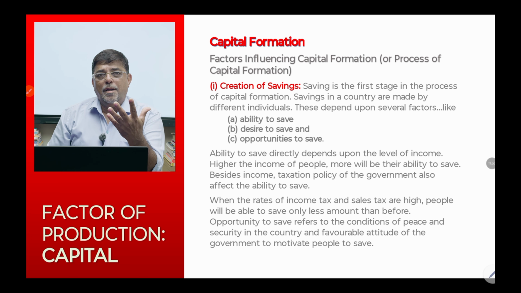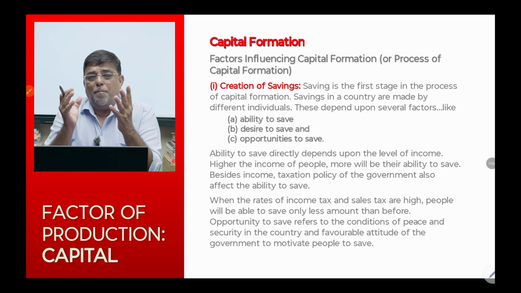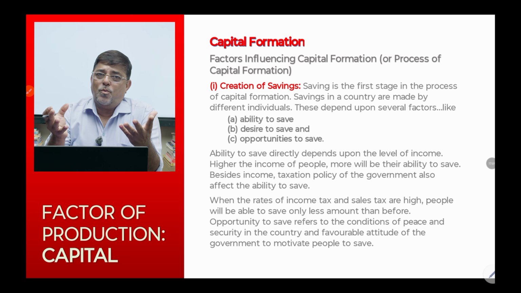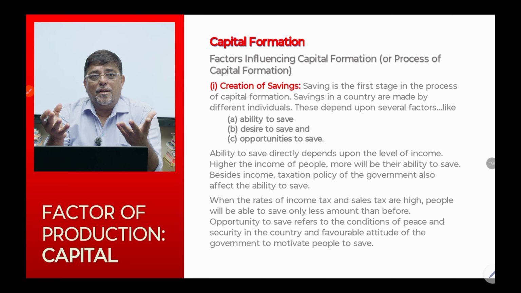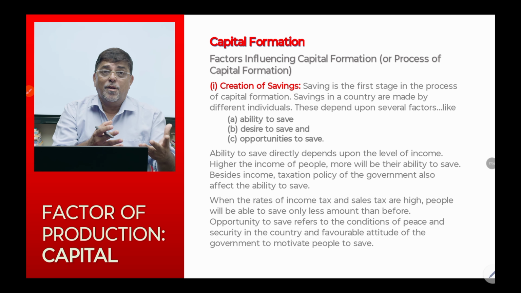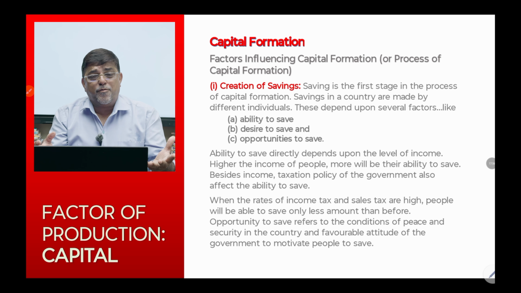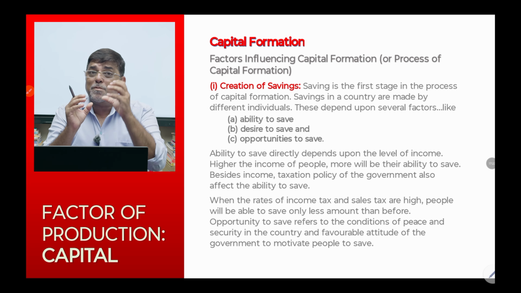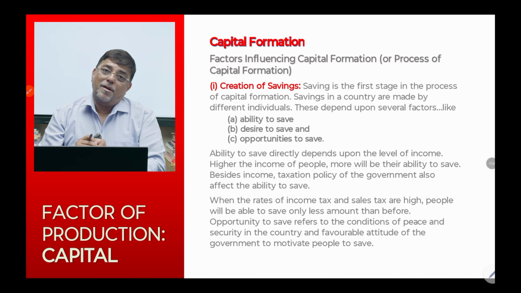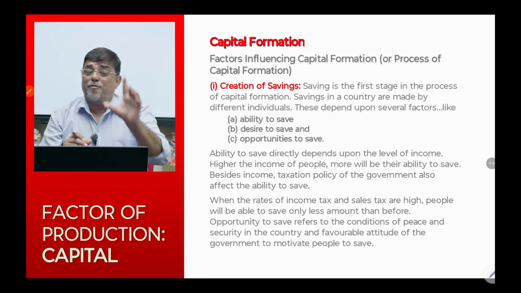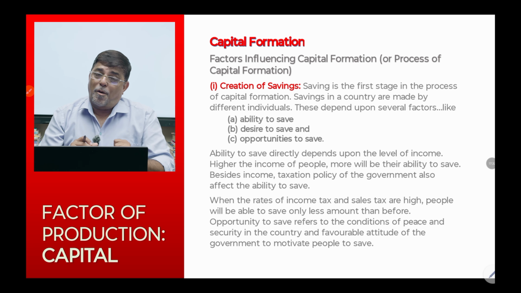My dear students, let's understand one concept. Before one invests, one has to save. Take, for example, a teacher will not spend the entire salary. He or she will save some amount. So also an entrepreneur, a business person, will not utilize the entire profit. He will save some profit, right? Now, this savings becomes the foundation of your capital formation. I repeat, this savings becomes the foundation of your capital formation.